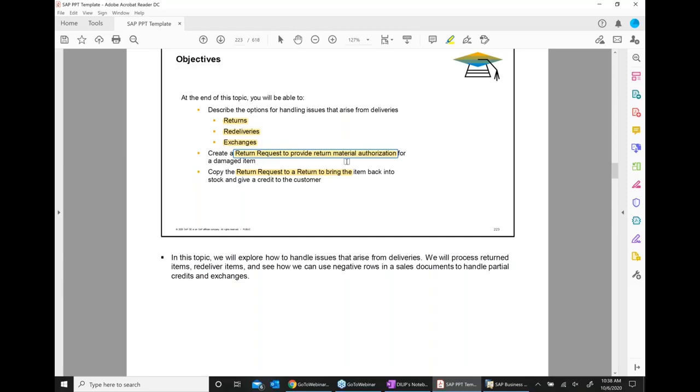A return request is an authorization. Before the customer can return material to us, we give an authorization letter to them. That authorization letter is the return material authorization. Based upon the return material authorization, the returned material can come back to us.